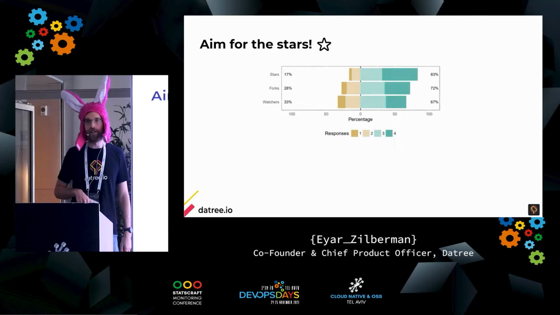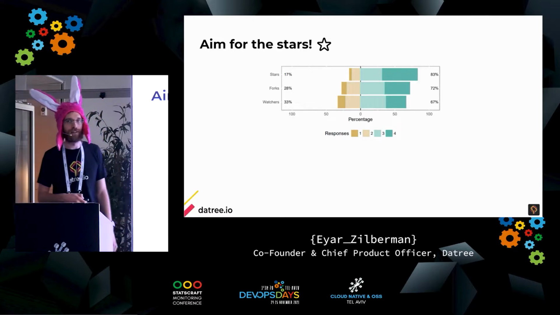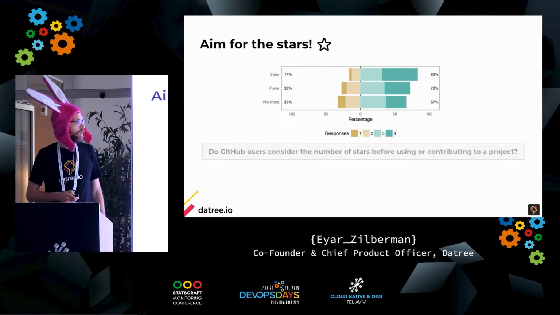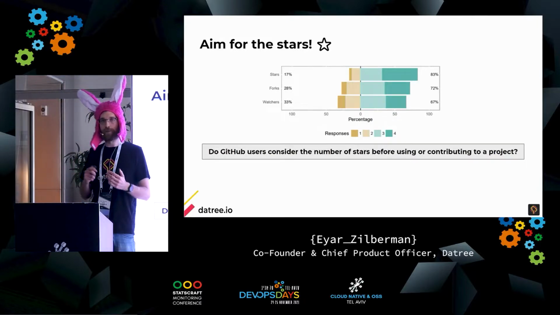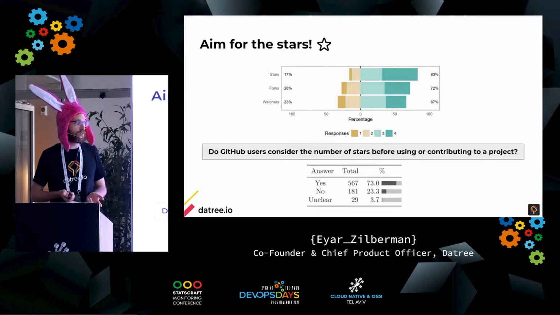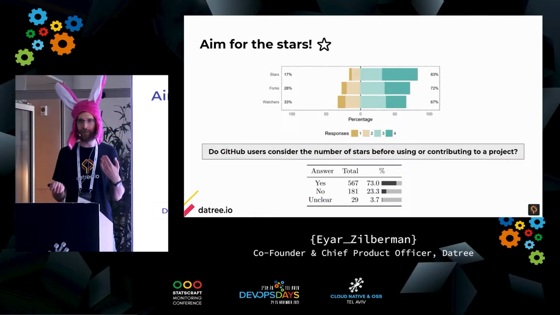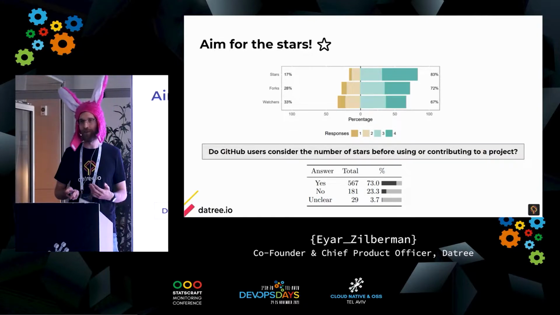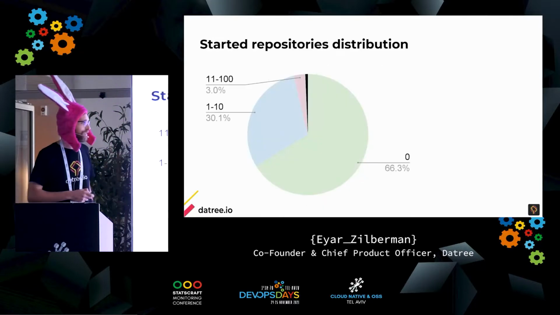But I read a study. They asked 1,000 developers, how do you measure success of an open source project before you try them? Surprisingly, the answer is by the amount of stars. So it's the first impression. And then they asked them, are you actually checking the number of stars before you decide to contribute? And the answer is, duh, yes, more than 75%. Because think about it, no one really wants to contribute code to a project with 0 or 1 stars. You want to contribute code to a project with 1,000 or 5,000 stars.